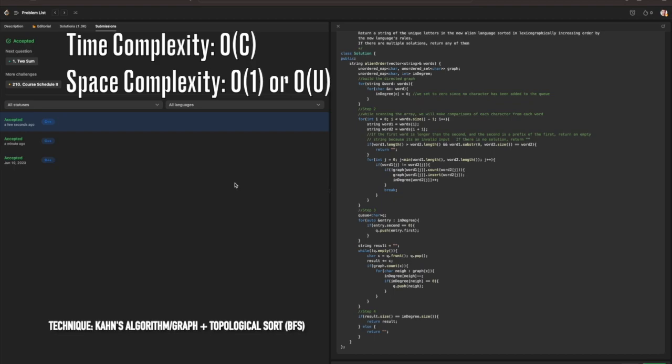But the space complexity, given the fact that we are going through the rest of our array and scanning it a couple times, is actually going to be surprisingly linear, even though we have a queue. The reason is that it's going to be O of 1 or O of u, where we can consider the space complexity